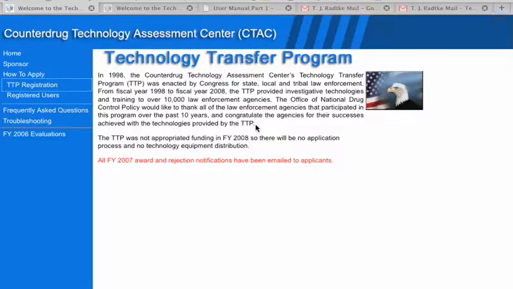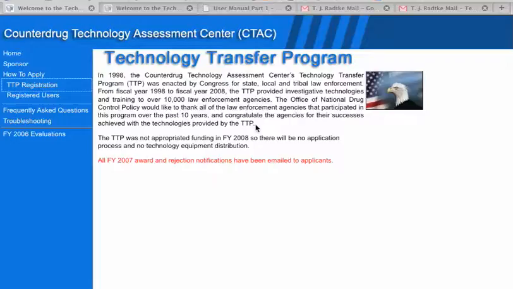Hello, I'm providing a brief overview of the grants management application that was designed to help manage the CTAC Technology Transfer Program, and was designed with a good deal of flexibility in mind so that it can be used over time as the program changed to support changes in the questions that were the basis for applications. And indeed, it was designed so that it could be easily adapted and used for other